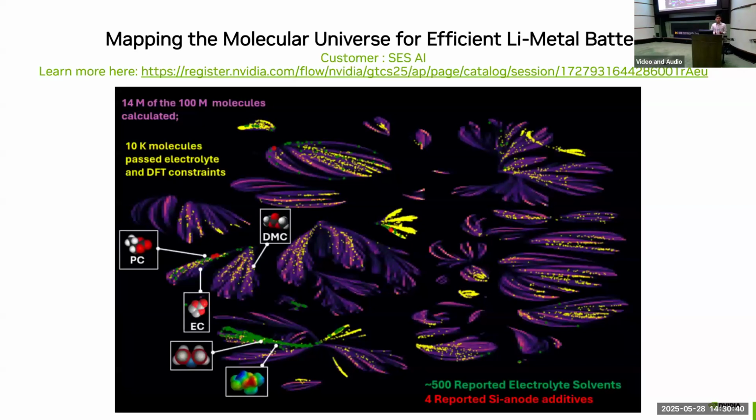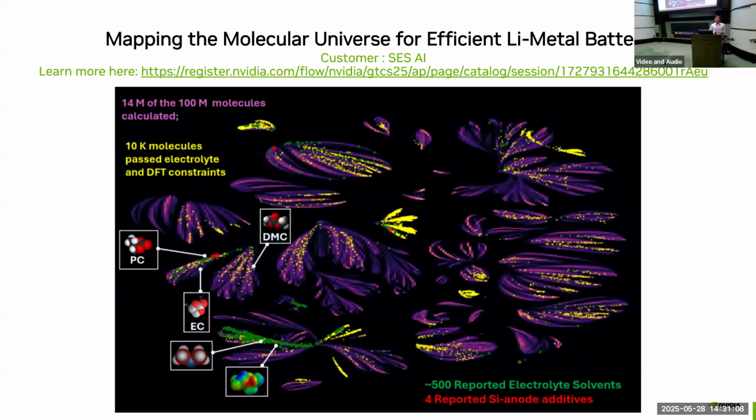What SES AI did with this massive data set of theirs is they created a map of the molecular universe for these battery materials. They created this map by using an NVIDIA-accelerated version of UMAP, which puts our various materials or molecules into clusters that we may not fully understand.